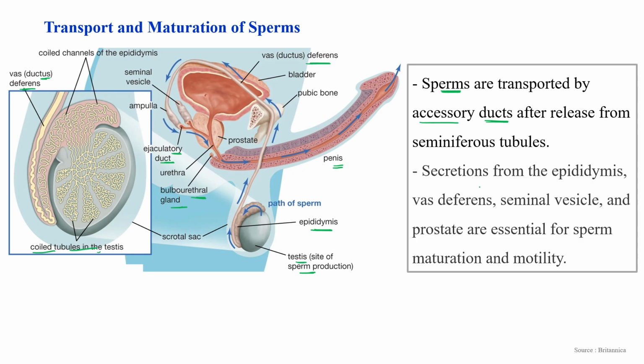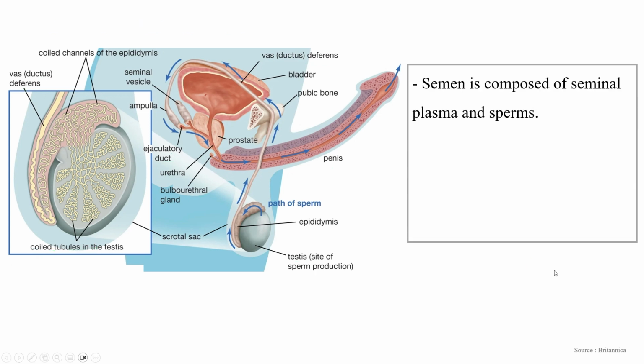Okay, so secretions from the epididymis, vas deferens, seminal vesicle, and prostate are essential for the maturation of sperm and its motility. Now, these sperms, as you know, are mainly generated in the testes, right? And from this particular site, it follows the path